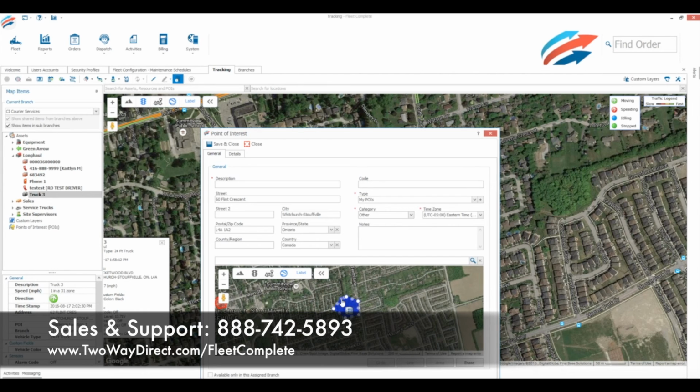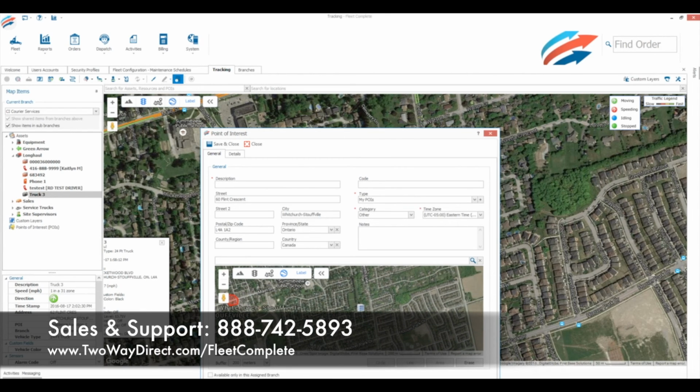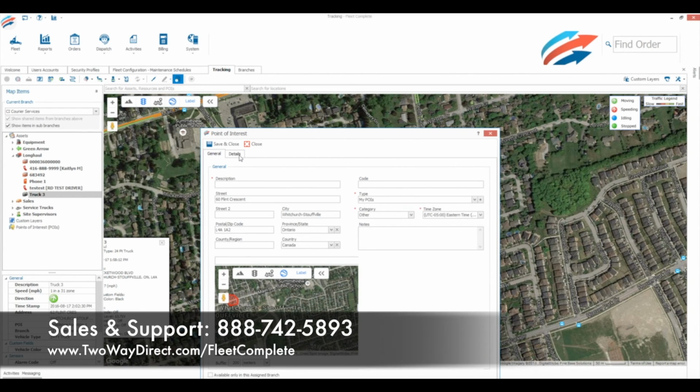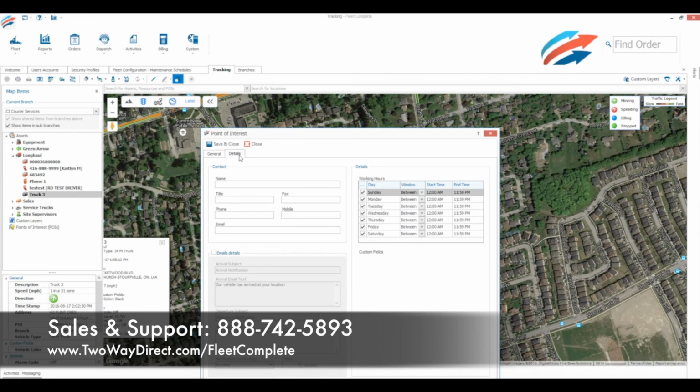And Fleet Complete will actually close the shape for you. So it's similar to connect the dots. Then the line option is for drawing POIs along roads and highways, and you draw the line the same way as using the area option. Now in the Details tab, you can add contact information such as a name, telephone number,